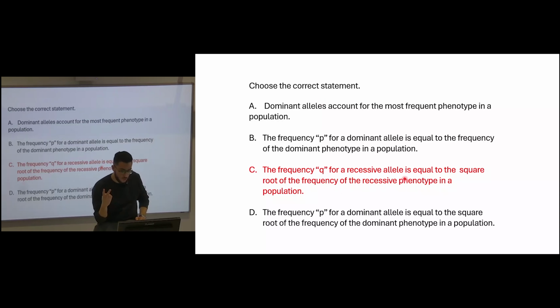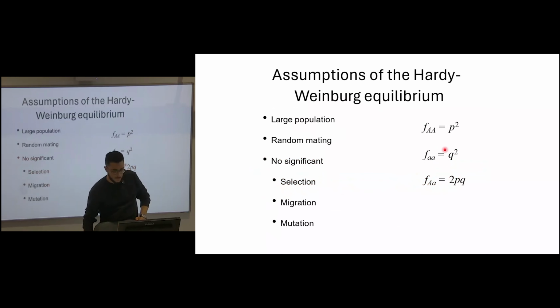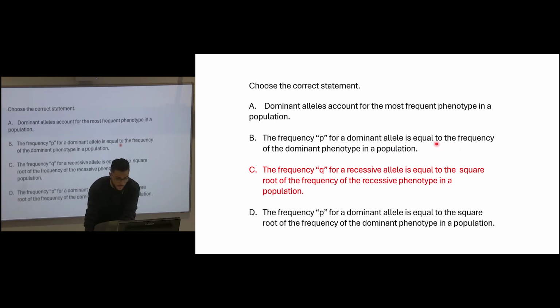It's two recessive alleles, right? So this is this guy here, right? Does that make sense? Frequency of these two together is this. So the square root of that will give you Q, which we learned is the frequency of the recessive allele, right? Does that make sense? Okay, and for